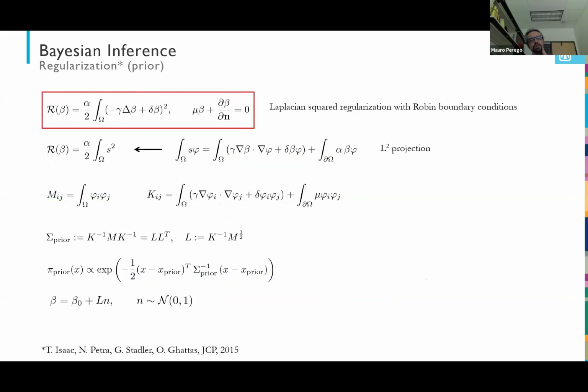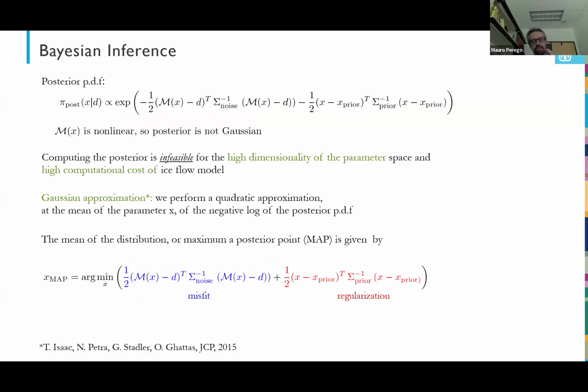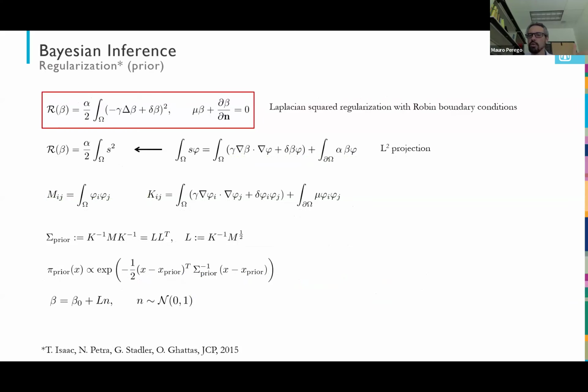Now, because we want the variance of the prior to be finite, we cannot really use gradient squared regularization, but we need something a little bit stronger. In particular, we are using a Laplacian squared regularization. And I don't want to go through the details, but you can express this prior given the finite element mass matrix and a stiffness-like matrix,